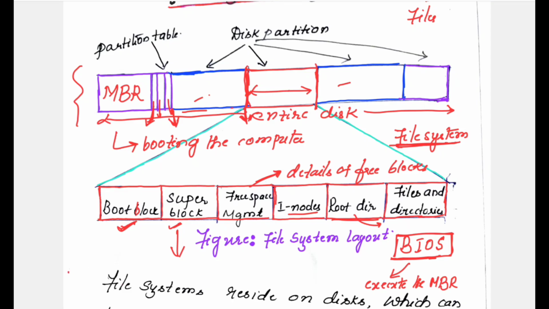Any file which gets created, or any system file, will be under some directory, and that directory will be under some other directory. This way you can see the hierarchy, and finally the topmost level, the top directory, we call it the root directory. The rest of the partition will have what? The remaining directories and the files within the file system. So this is what you have to know,